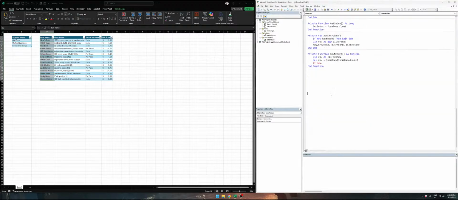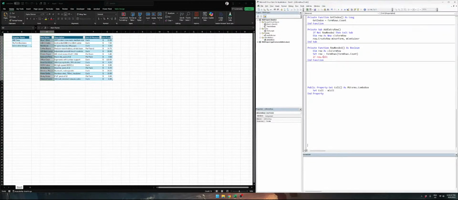Do it properly. So public property get column 1 as MS forms combo box. Set column 1 equals n column 1. Then we can just reference that, capitalize that. So if that first column text